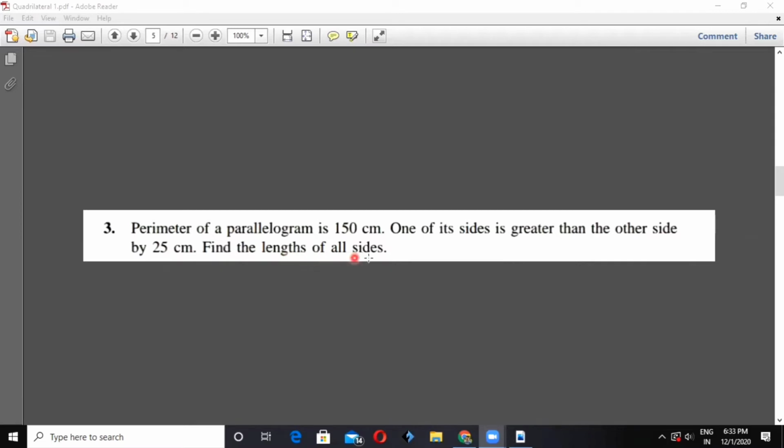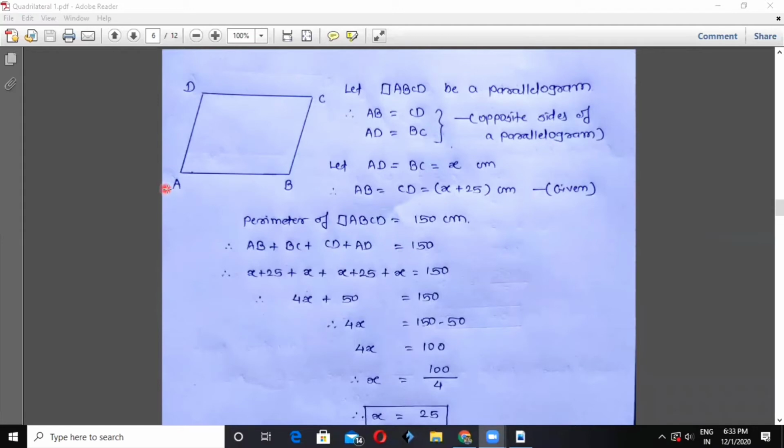Find the lengths of all sides. So for this one also we need a diagram. So let us draw a diagram ABCD, which is a parallelogram, which is given. Now as it is a parallelogram, the opposite sides of a parallelogram must be congruent, that is AB and CD, which